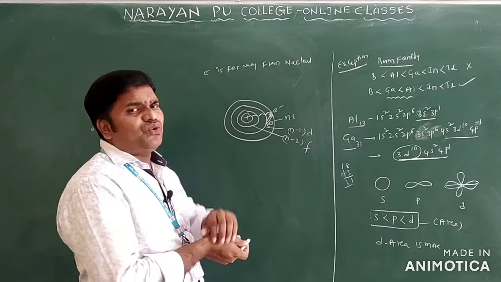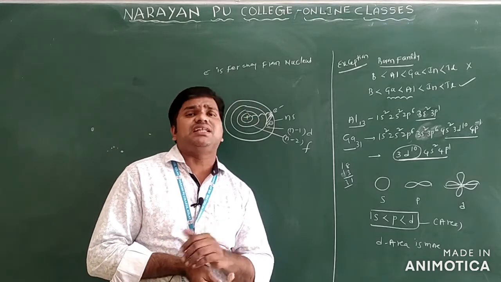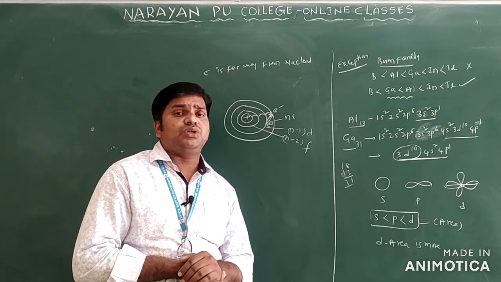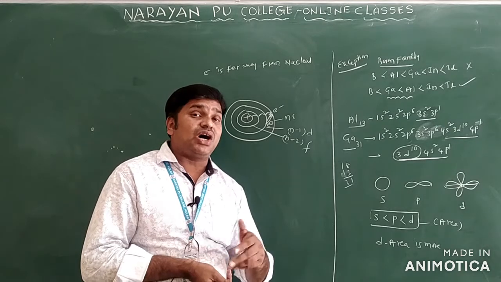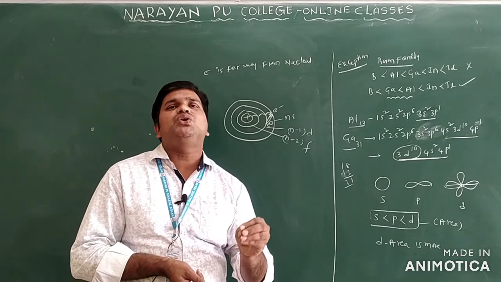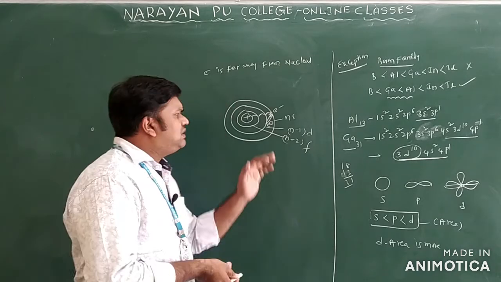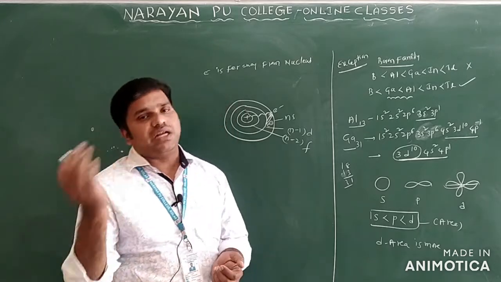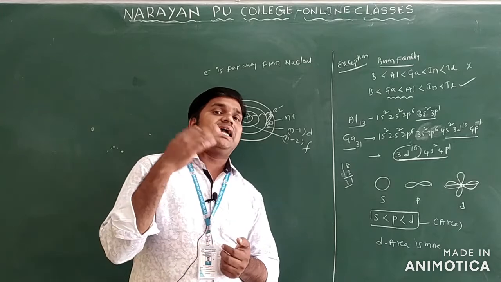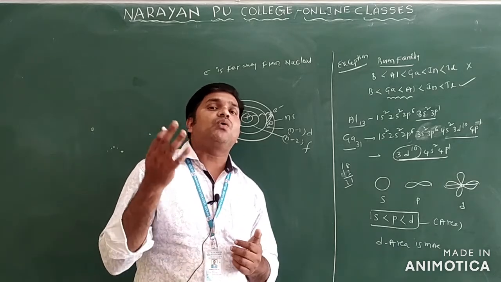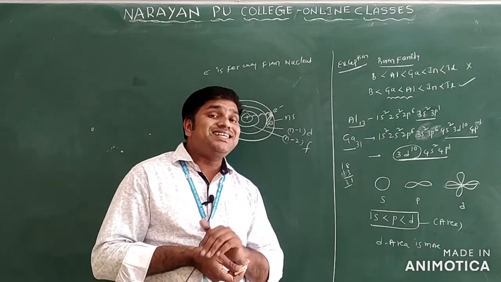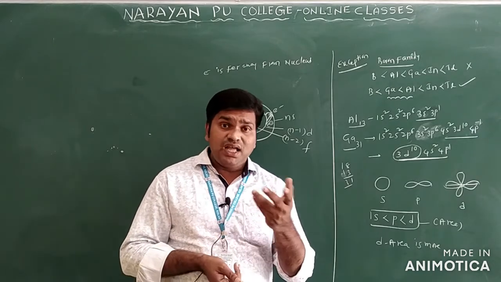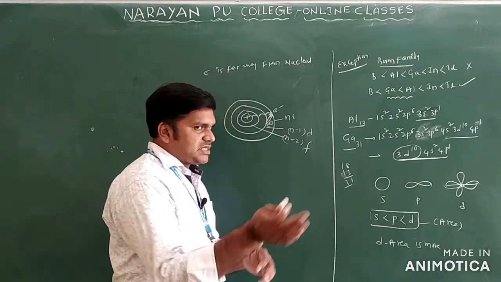Thereby, the attractive force over the outermost electron decreases. The decrease in the attractive forces over the outermost electron is called effective nuclear charge. We can say this in the form of the shielding effect or screening effect. Inner electrons will screen the outer electrons. Due to that, the attractive forces between the nucleus and the outermost orbit decrease. The decrease in the attractive forces is called effective nuclear charge. We'll discuss that concept again.